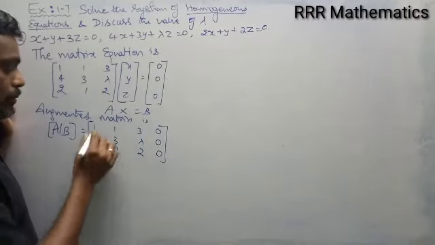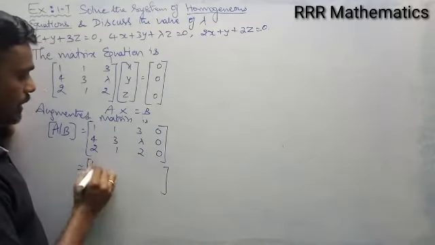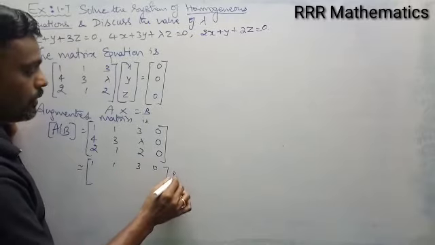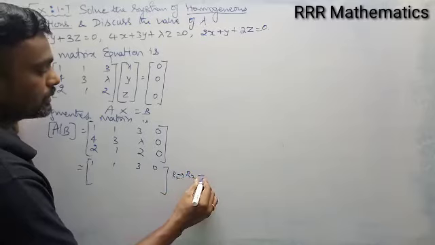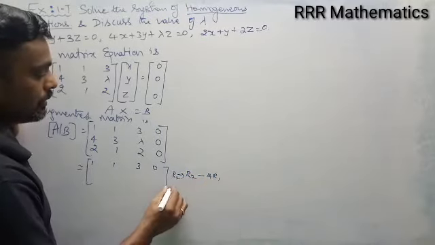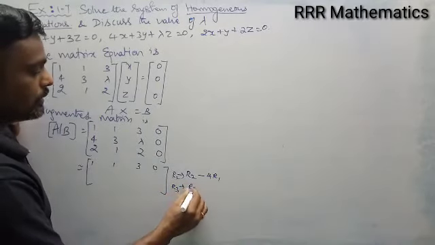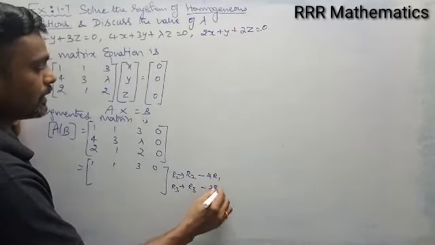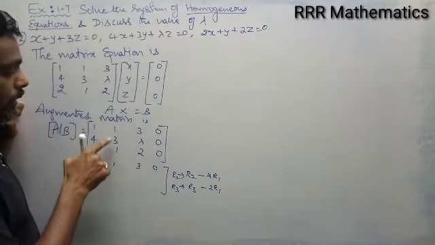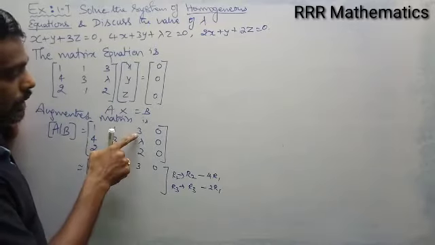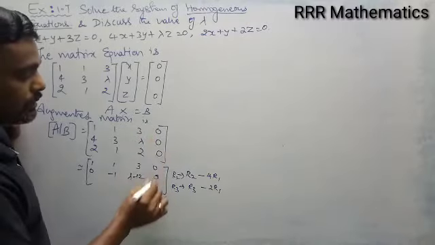I have 1 here, no problem. I can bring 0 here and here by using R1. Leave the first row. R2 implies R2 minus 4 times R1, since I have 4 here, just multiply and subtract. And here I have 2, so I multiply R1 by 2 and subtract: R3 implies R3 minus 2 times R1. See, minus 4 plus 4, 0. Minus 4 plus 3, minus 1. Minus 4 into 3, minus 12, plus lambda, so lambda minus 12. And this will be 0.